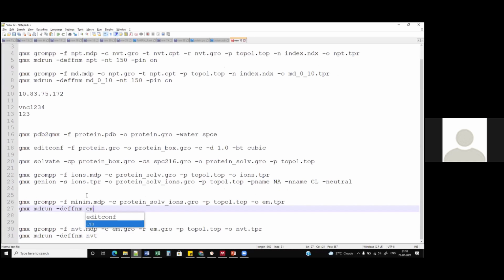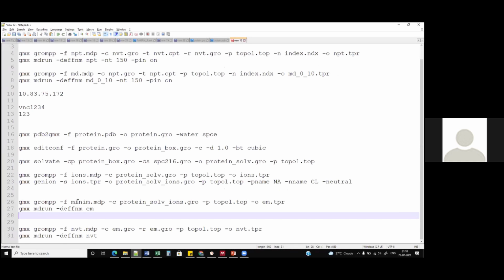All three commands are the same in terms of syntax, only the files and purpose are different. Instead of the minimization MDP, we are using the NVT MDP, which we can download from the website. The output of em.gro we are using here as an input. Again, another restraint file, then a topology file, and then this will be the output. Then again couple this with mdrun, which will do the final run.